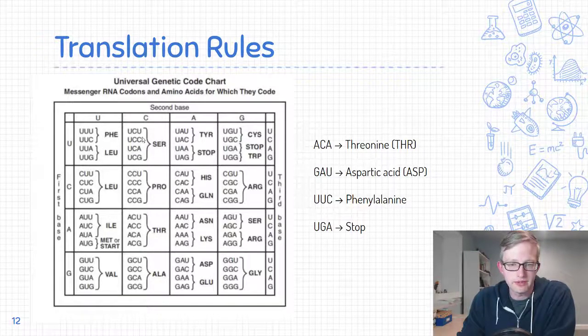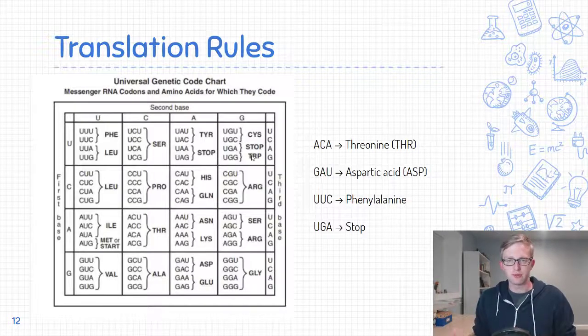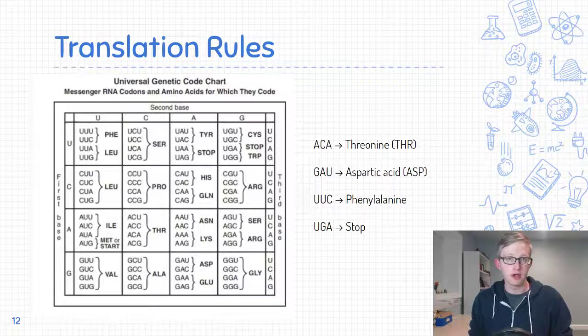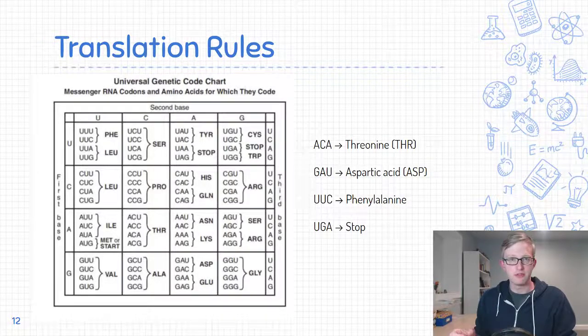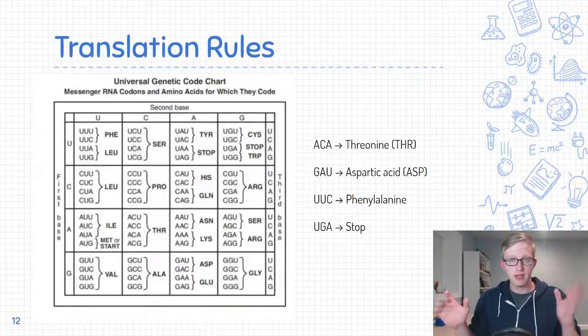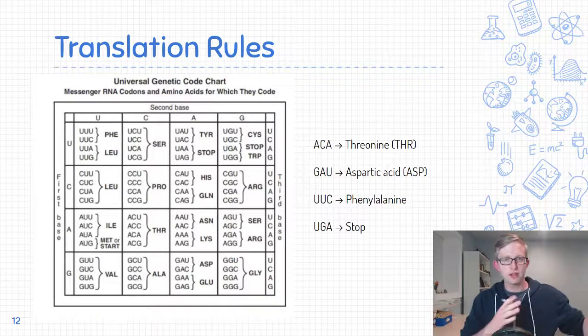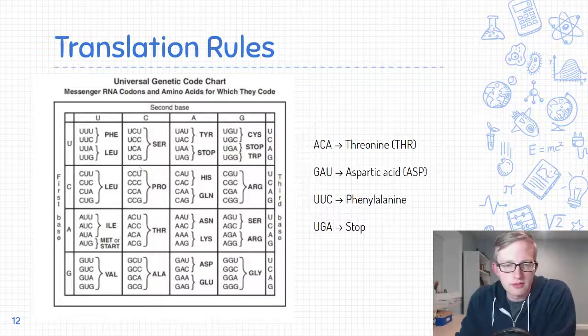Okay, different amino acid. Some of them, you'll notice, though, are a little different. So if I do UGA, so that's first row, U, fourth column, G, UGA, and it codes for something called stop. That's not an amino acid. That literally means stop. And so if you're wondering, how does the ribosome know when it's done building a protein? It knows when it gets to a stop codon. And so that's a segment of the RNA that's telling the ribosome, hey, you're done. Let it go. It's built. And that's what the stop codons do.